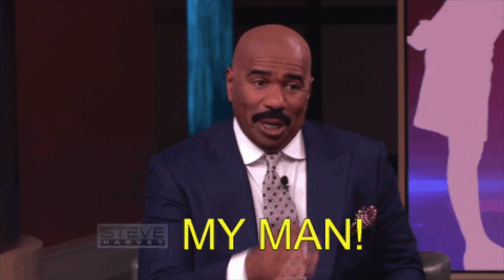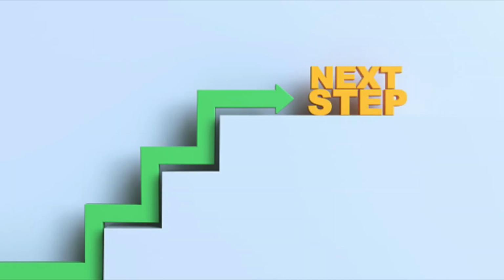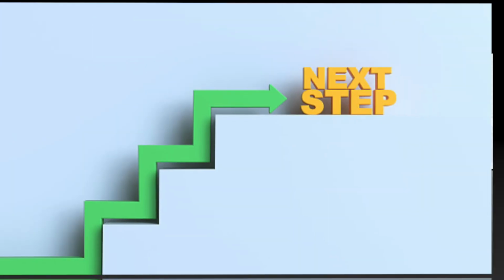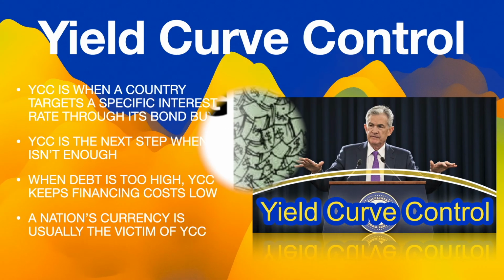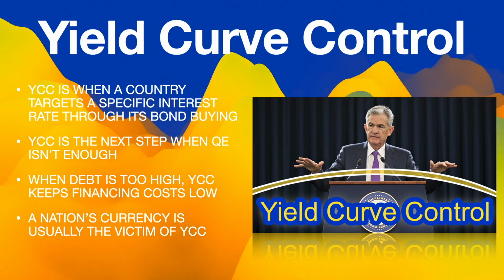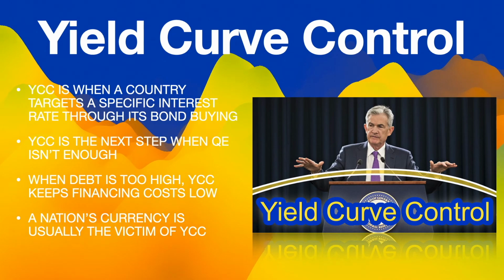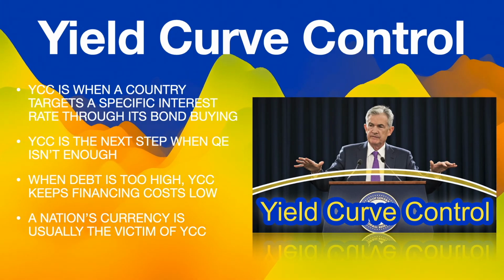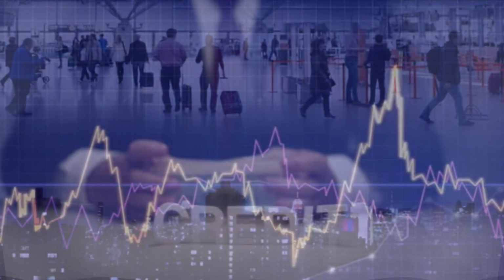costs down. But before I get into the weeds, it will be helpful to briefly explain quantitative easing, because yield curve control is essentially the next step in monetary easing policies when QE is no longer cutting it. I'll spare you the long answer of what QE is and does, though you can check that long answer out in the link above, but one of the main goals of QE is to lower interest rates.